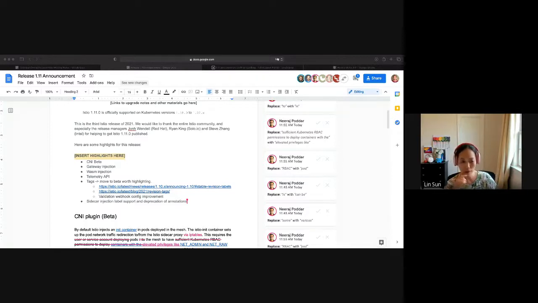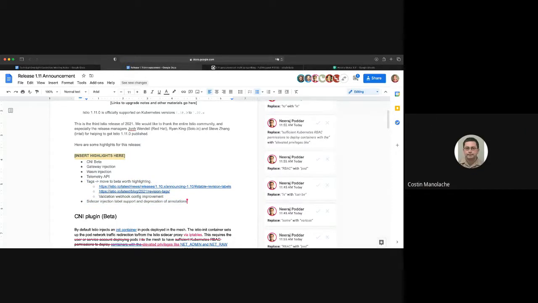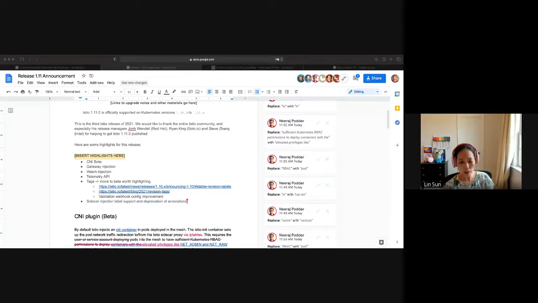But I do agree with your point. It would be nice to mention this tied to the tags because we're promoting them together. Okay, as long as we specify the Istio rev label can contain a revision or tags, it's perfect. Yeah, I agree. Maybe we can write a technical blog around this too, because it's actually pretty complicated, but we would love to see it highlighted in the release notes.